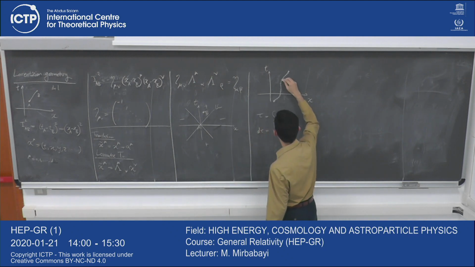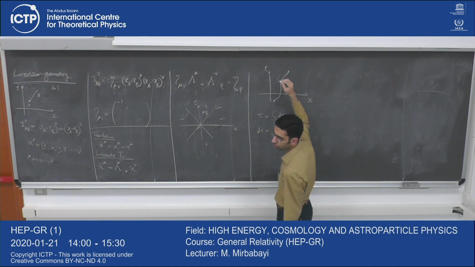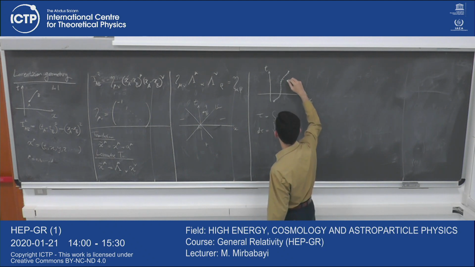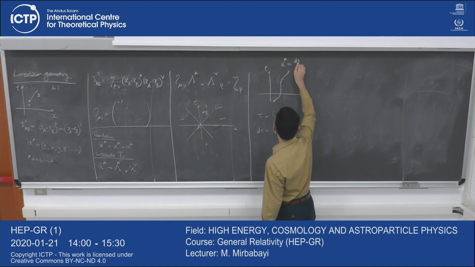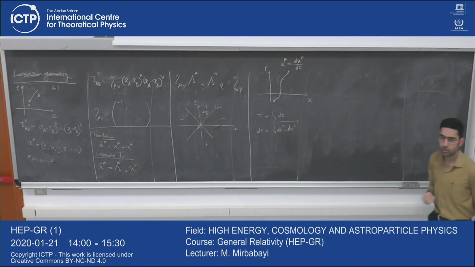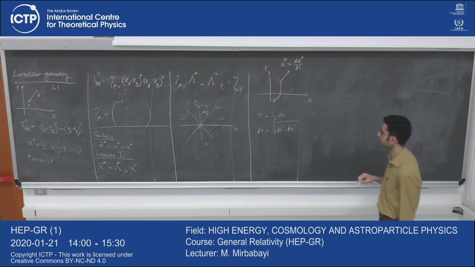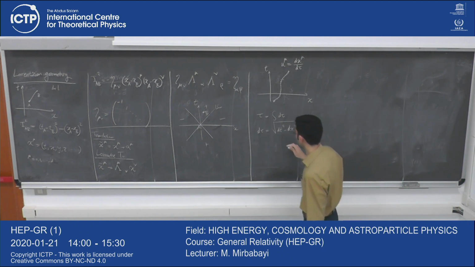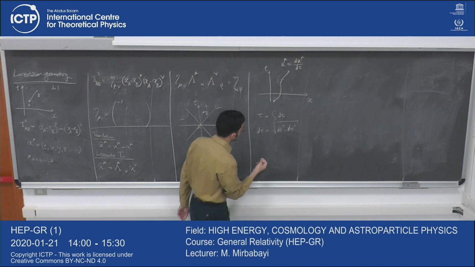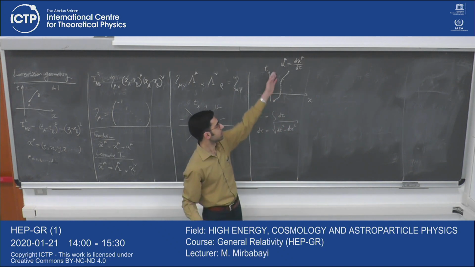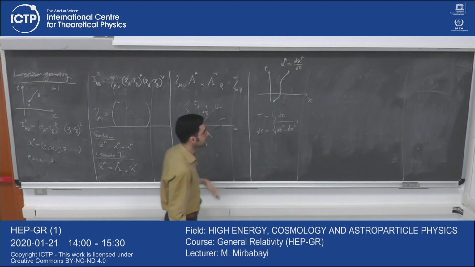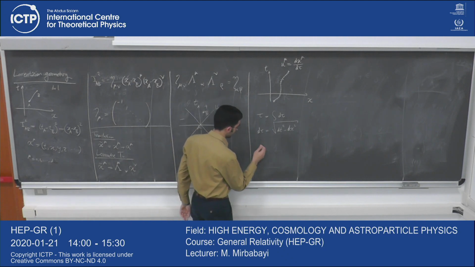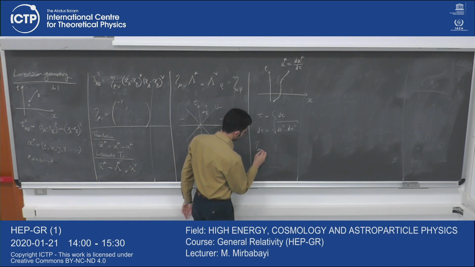How do we define it? The unit tangent, we define it at every point on this curve. There is a vector dx^μ/dτ, and this vector is obviously tangent to this curve when I take this limit, and it has unit norm in this Lorentzian